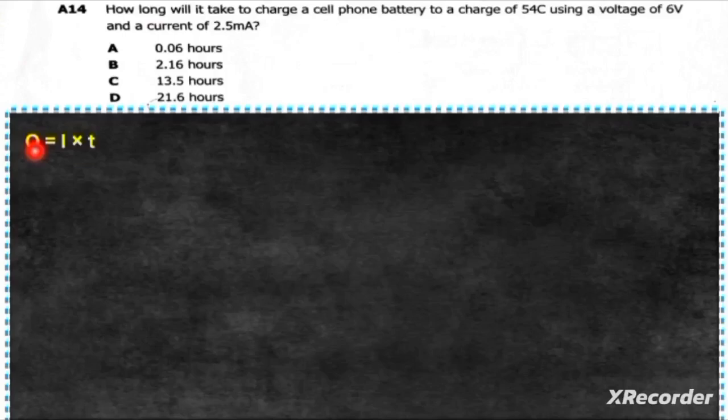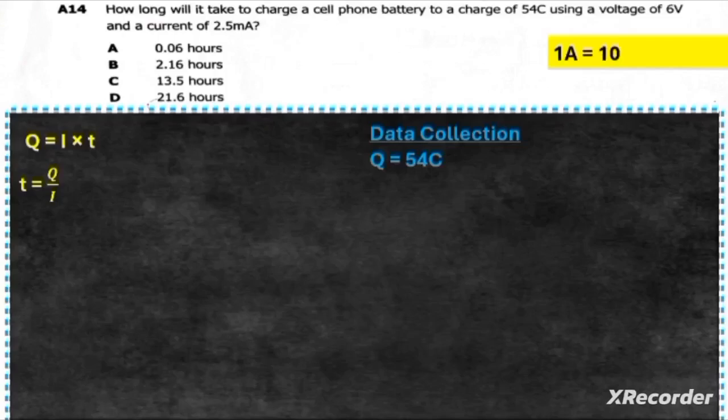To answer this question, we are going to say quantity is equal to current times time. Changing the subject of the formula, we are going to have time is equal to quantity divided by current. So what have we been given according to our question? We are given 54 coulombs. We are also given